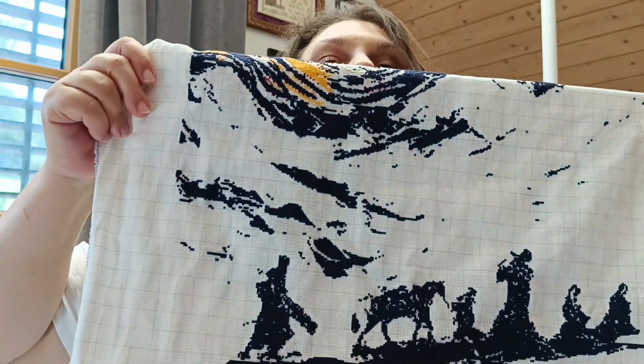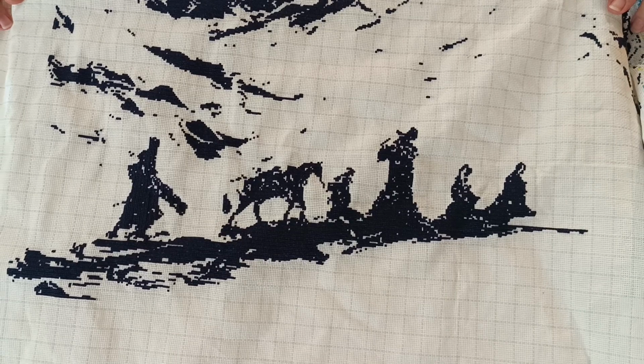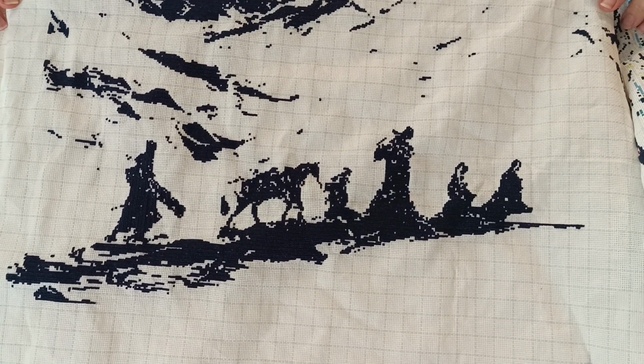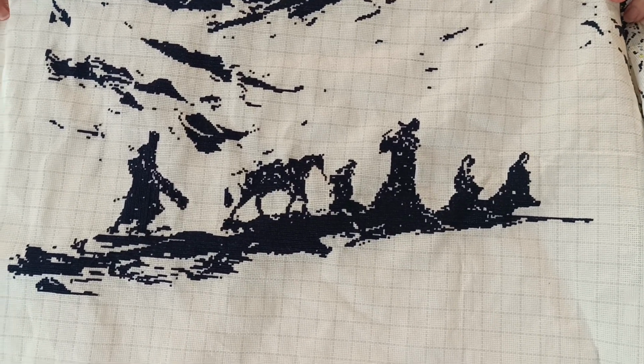Okay, so then, after all those cool finishes, I got inspired to, again, work on my big cross stitch. Now, I am going to just put this board underneath the part I worked on the most. I'm not even going to show you the whole thing all at once. This pattern is by Unconventional Xstitch. It is Van Gogh Never Met the Fellowship. I am stitching it on 18 count pre-gilded fabric that I bought from 123 Stitch. And I am now at 25%,